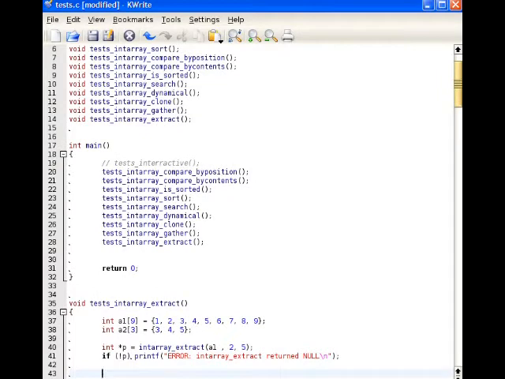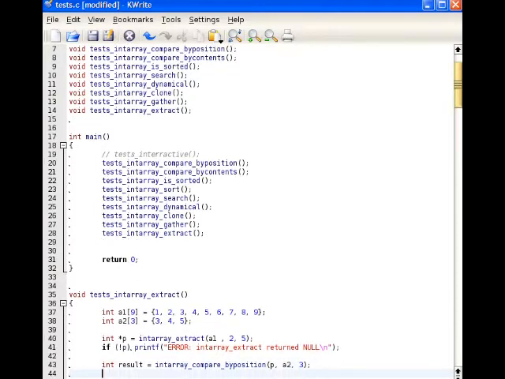So if I didn't get null, then I'm going to compare with result, int array compare by position. I'm going to compare A1, I'm going to compare P, with A2, size 3. And same thing here, I'm going to check the result. What do I expect? I expect true. So if result is false, I have a problem. So if not result, printf,